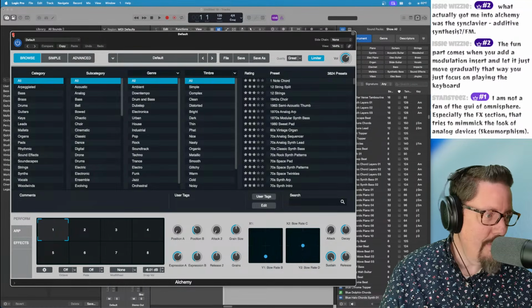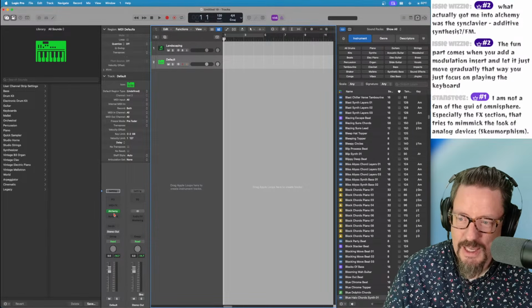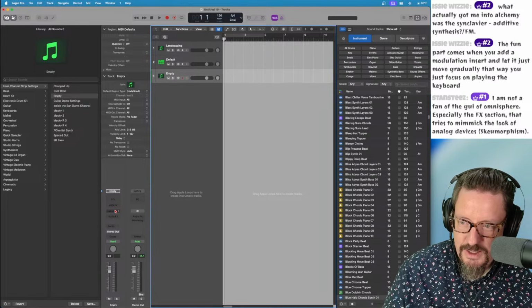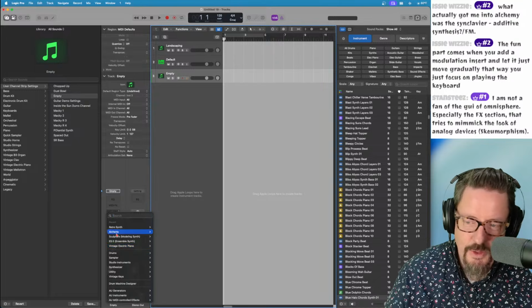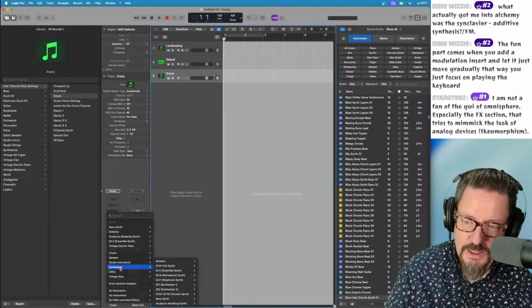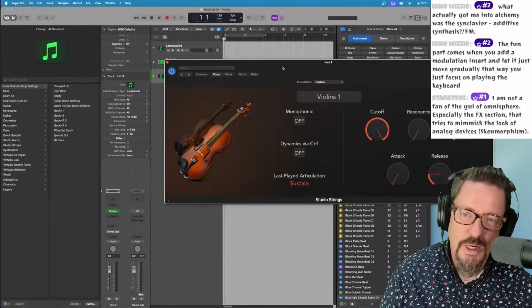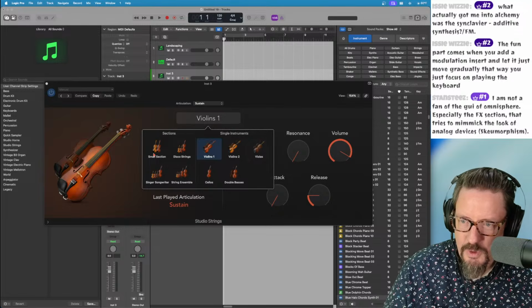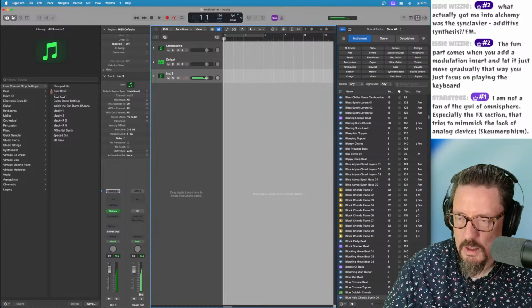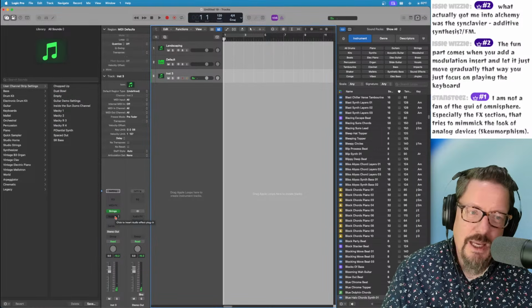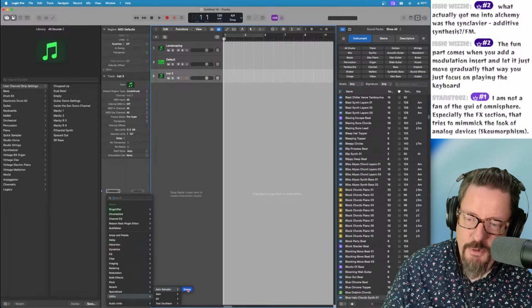Okay, so there was one more thing with this too that I wanted to at least demonstrate something interesting about it, which is maybe the last interesting way or the next interesting way of getting sounds into it. Let's load up, for instance, the strings, studio strings. They're okay. We'll load up the singer-songwriter. They sound okay. They need to be processed pretty heavily to get a good sound, but we're going to use the auto sampler for a moment.